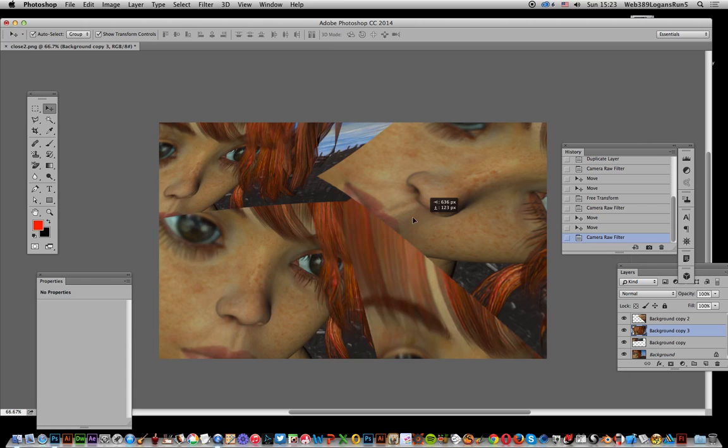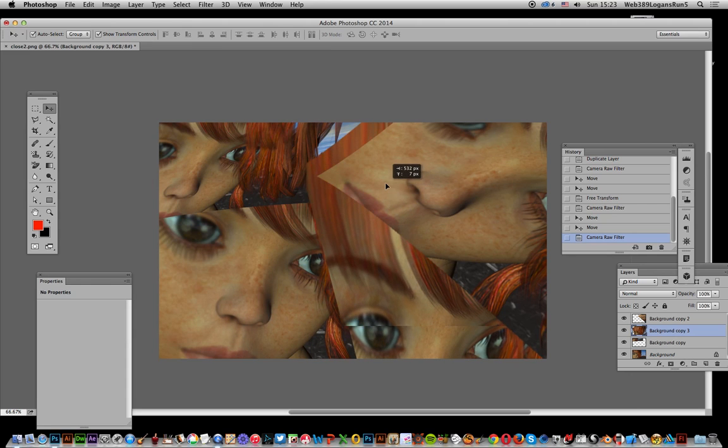You can create some very interesting abstract backgrounds, warped and distorted design, just using a single picture. Use it with multiple layers, and then use the camera raw filter. I say it doesn't have to be just used for one thing. It can be used for great distortion effects as well. Hope you found